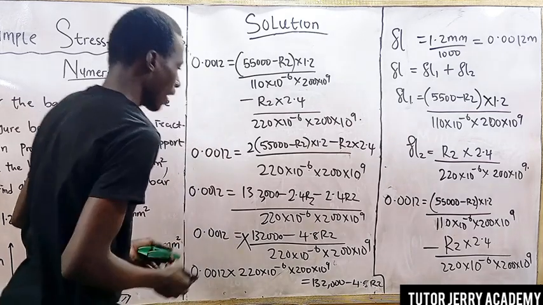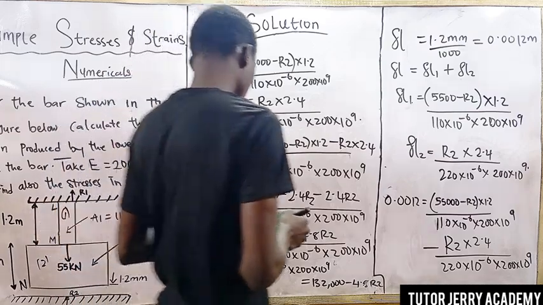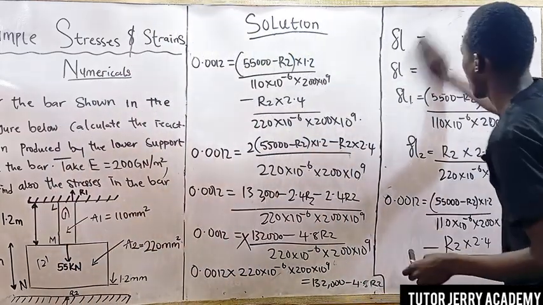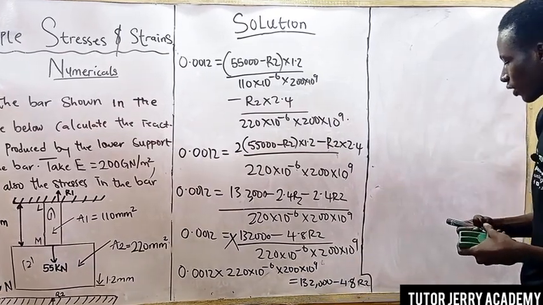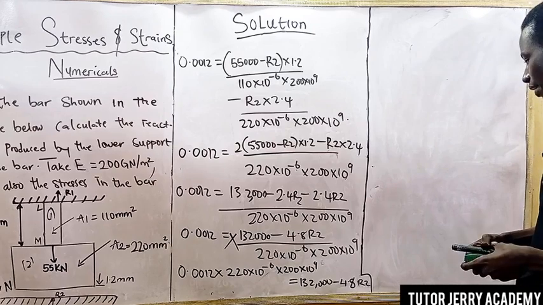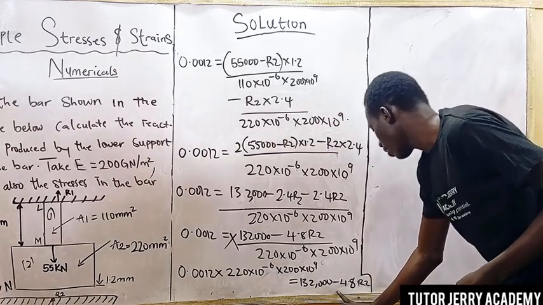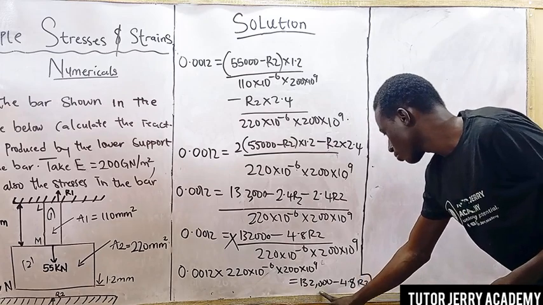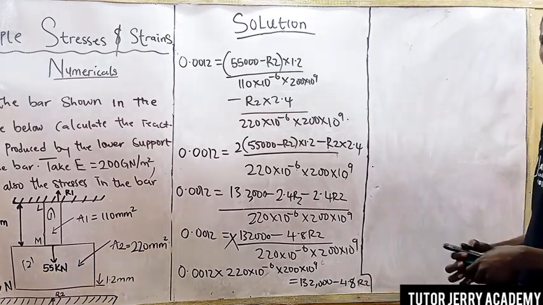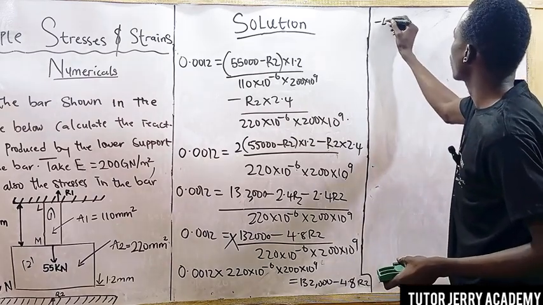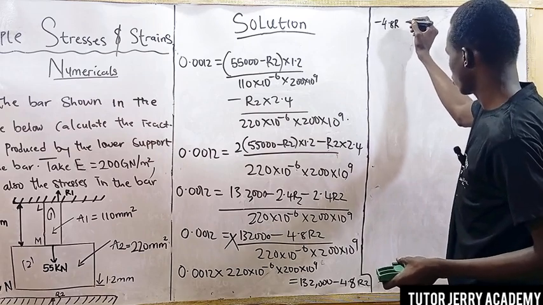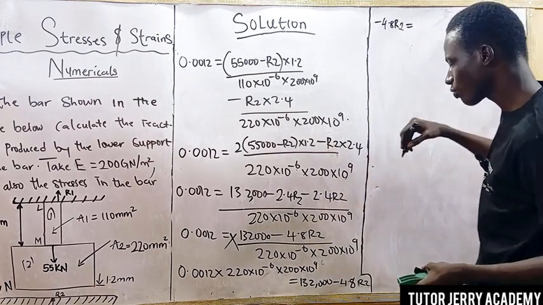This is what I have. Next, I'm going to be cleaning this side as we simplify further. If I simplify further, what do I do? I'm going to be taking 150,000 to the other side of this equation. If I do that, I will be having minus 4.8 R2 left to be equal to